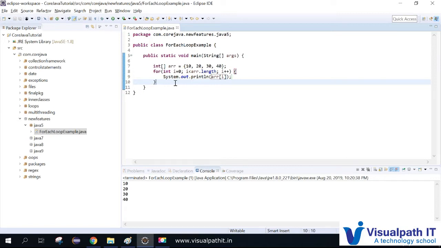The way to write a for each loop is like this.